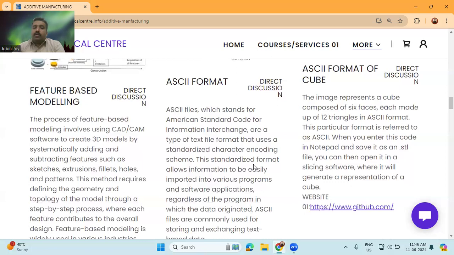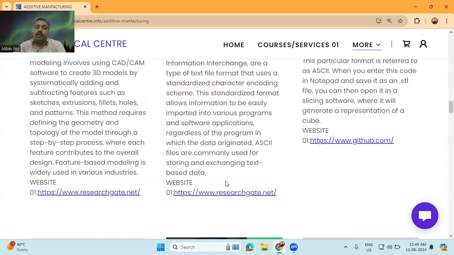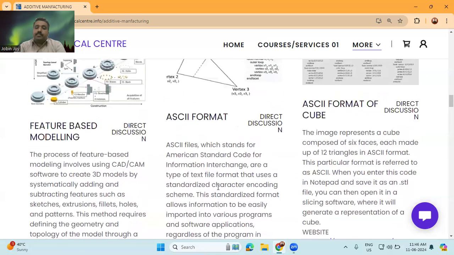This standardized format allows information to be easily imported into various programs and software applications, regardless of the program in which the data originated. ASCII files are commonly used for storing and exchanging text-based data. So